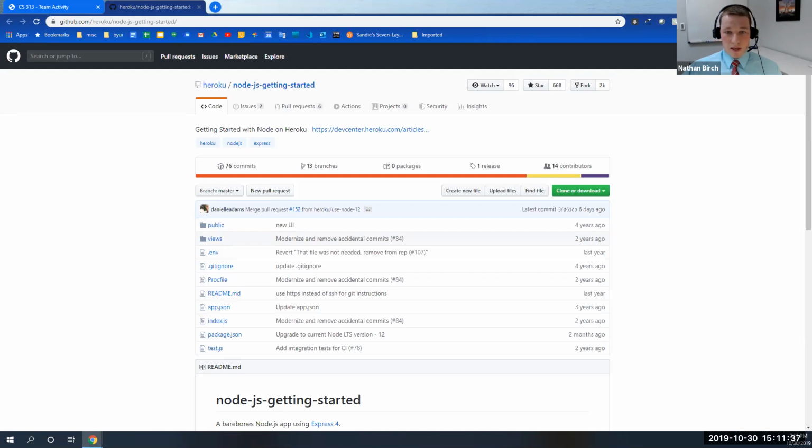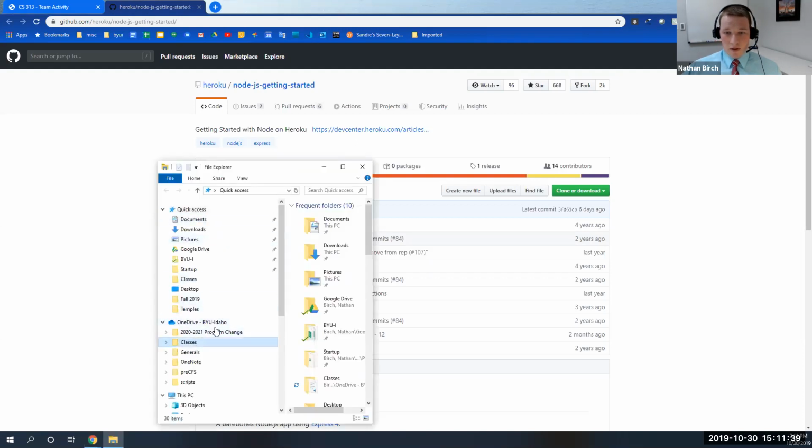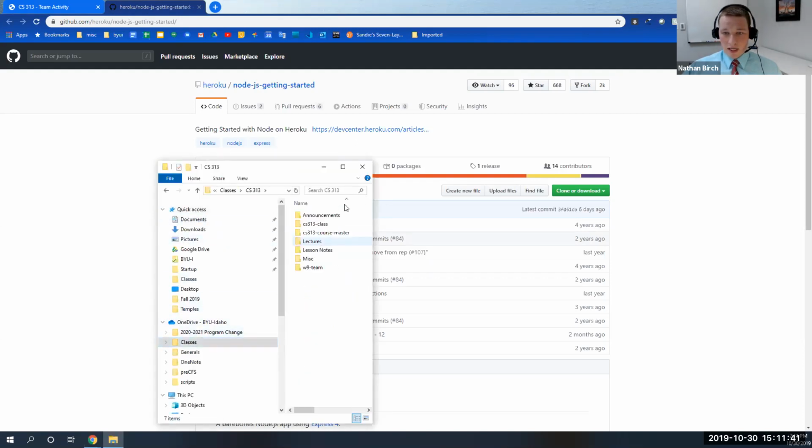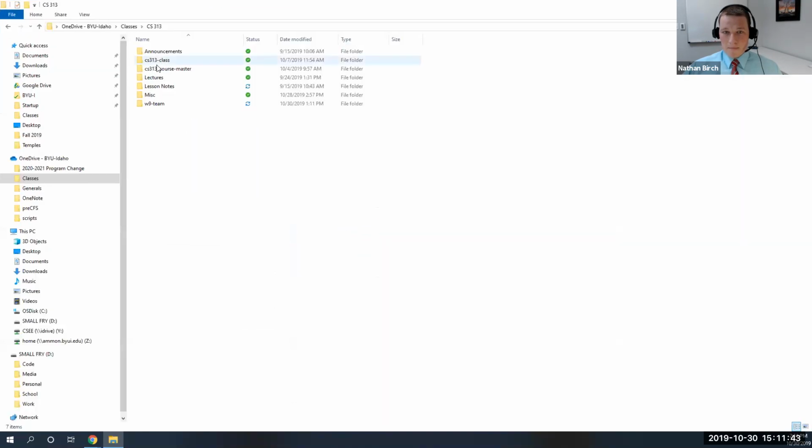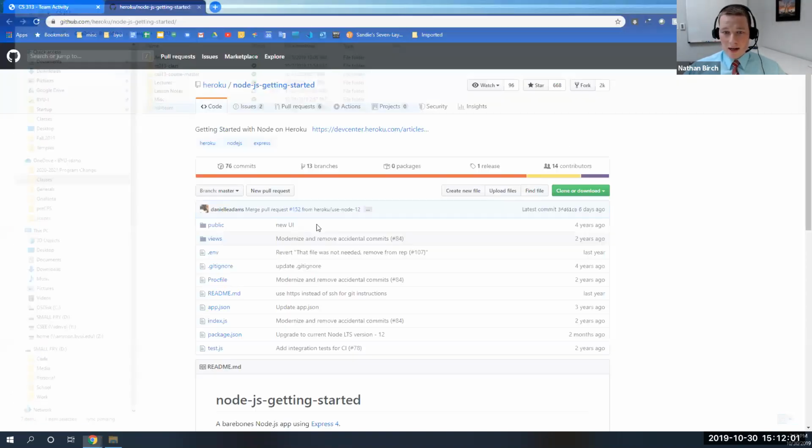So I pulled this up real quick. If I pull up my classes, CS313, I have all the PHP stuff that I've been doing this semester for our project so far. But this is going to be a new repository, so I wouldn't make that inside of your other repository. I would just make another repository for this assignment. So just make a new folder, and then in there,